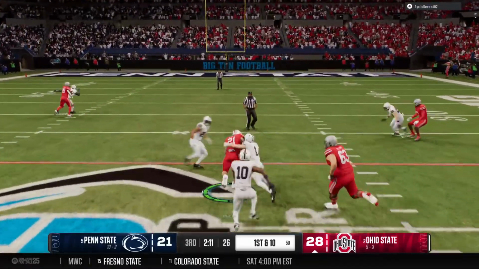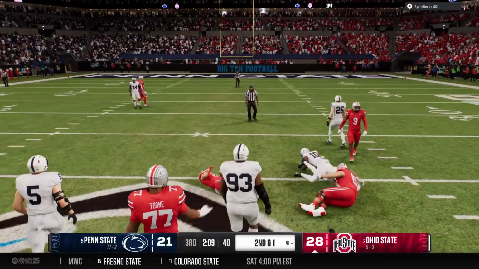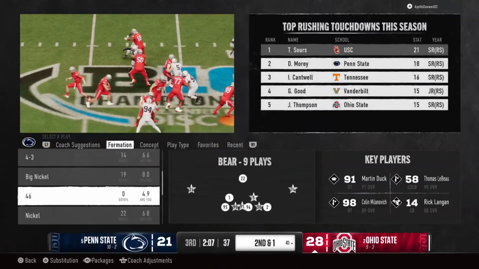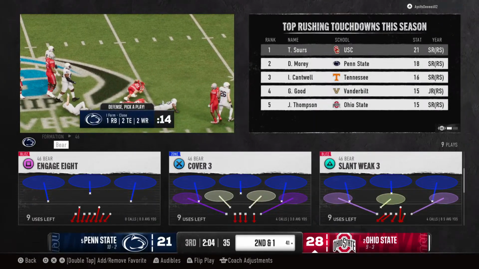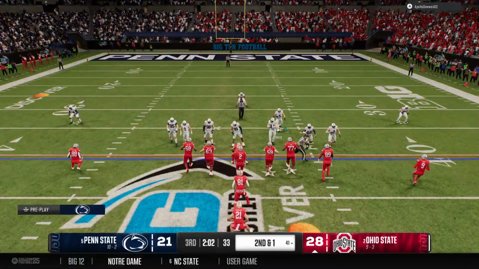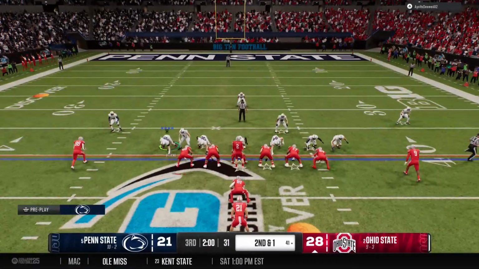Offense will keep it on the ground here. He picks up 9, so just short of the first down, 2nd and 1. I tell you, to be able to pick up a nice gain like that, those offensive linemen have to sustain their blocks. Gave them a chance at a really nice gain.